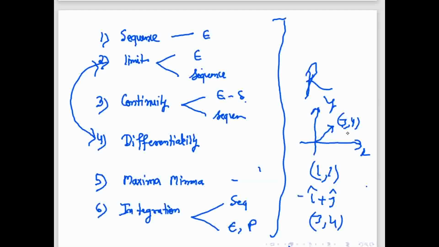If you write 3i plus 4j, and this 3 comma 4, both are the same vector depending on the notation. That means 3 units in the x direction and 4 units in the y direction. Now we'll see all those things: limit, continuity, differentiability, maxima, minima, integration in multivariable. Multivariable means not only 2 dimensions, even 3 dimensions, even n dimensions, 4 dimensions, 5 dimensions. How we will check limit, continuity and all.